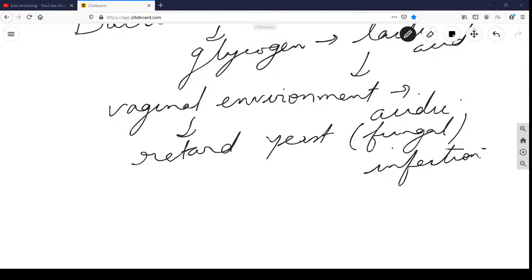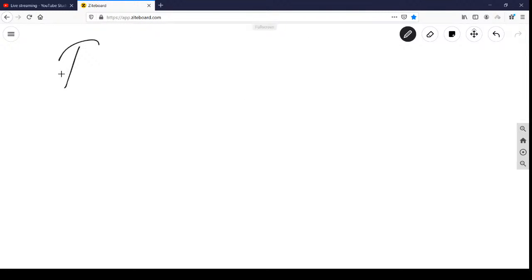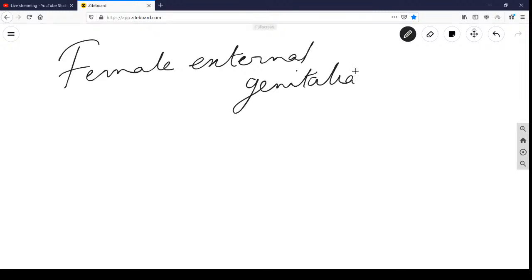Okay, now talking about the female external genitalia. It includes the mons pubis, the labia majora, the labia minora, the vaginal introitus, hymen, and clitoris. Okay, just write down the names: mons pubis,